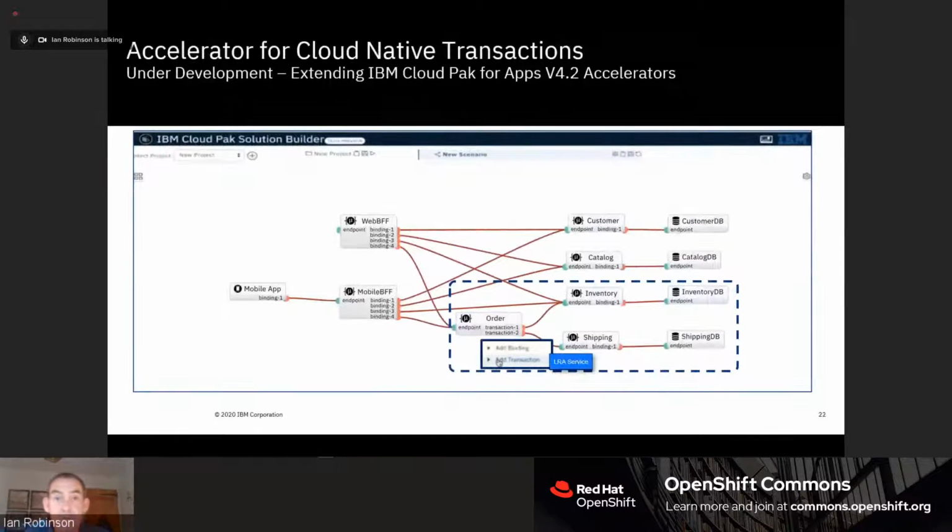I said earlier on that in order to simplify and reduce the effort of the developer, we want the developer just to focus on what they have to do in their application to complete or compensate the individual microservices.